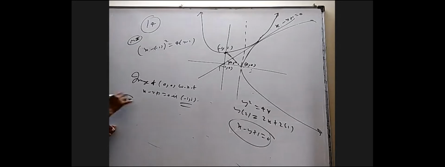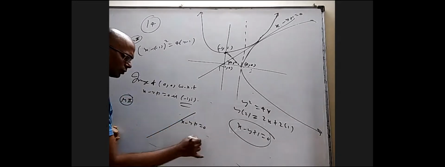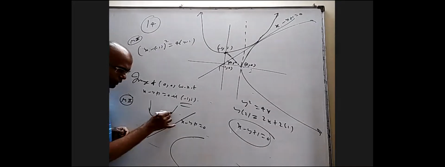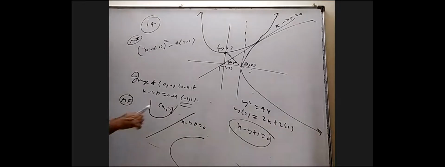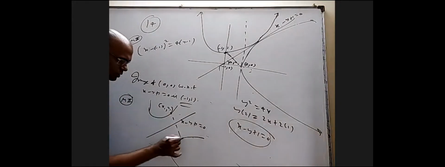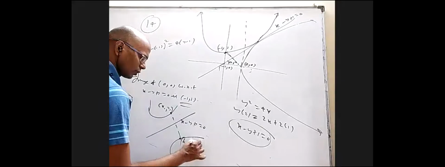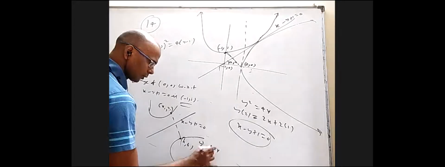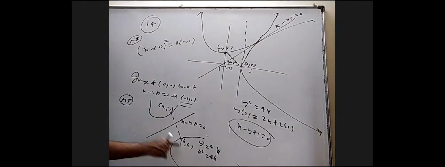So method 2. I have a line x minus y plus 1 equal to 0. One parabola is like this. This may be a tangent, I am not bothered about it. I'm looking for a general process. Take this point on the image as x1, y1. What is the image of this on this line? I want to take it as h comma k. H comma k should satisfy y square equal to 4x. So I should get k square equal to 4h. But how to find h and k in terms of x1, y1?